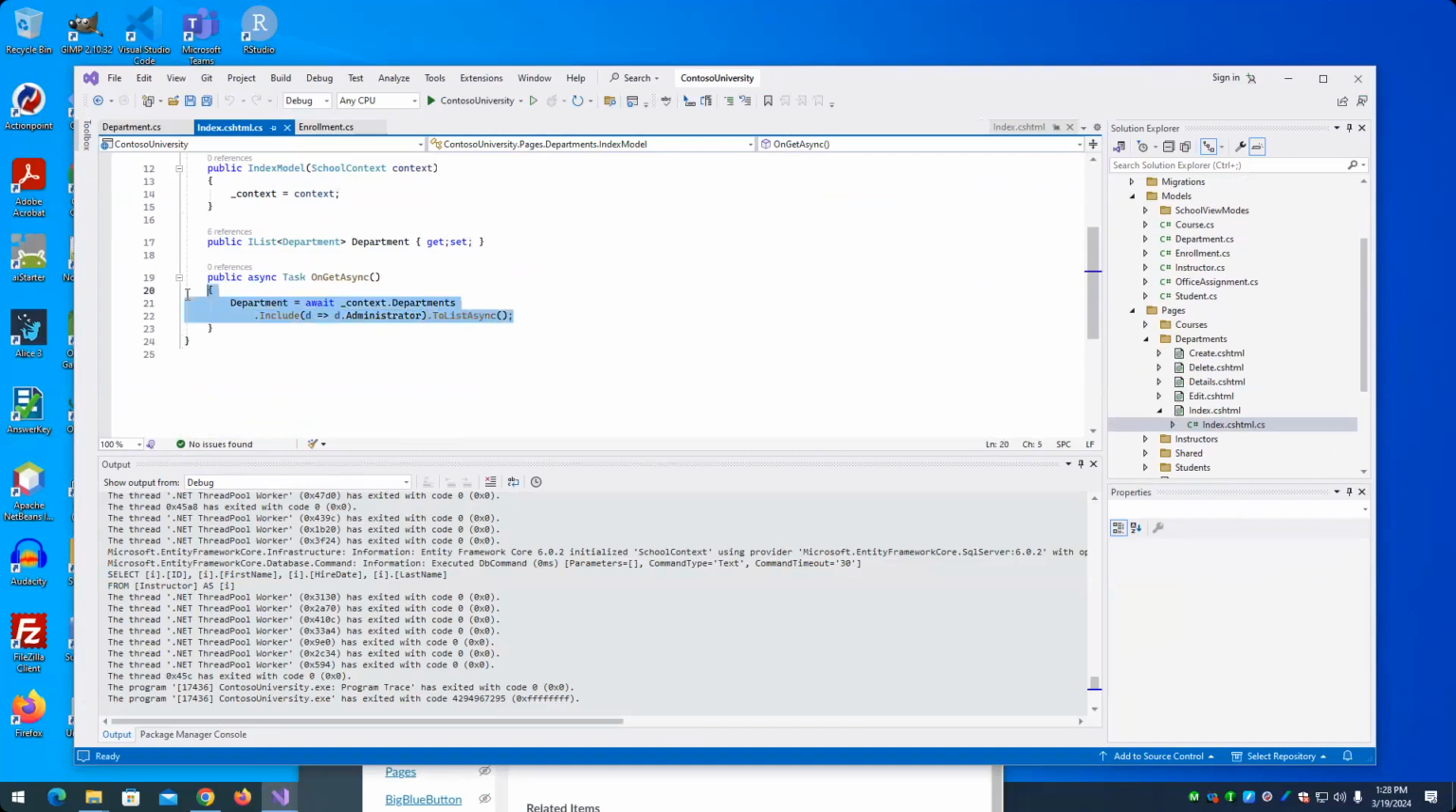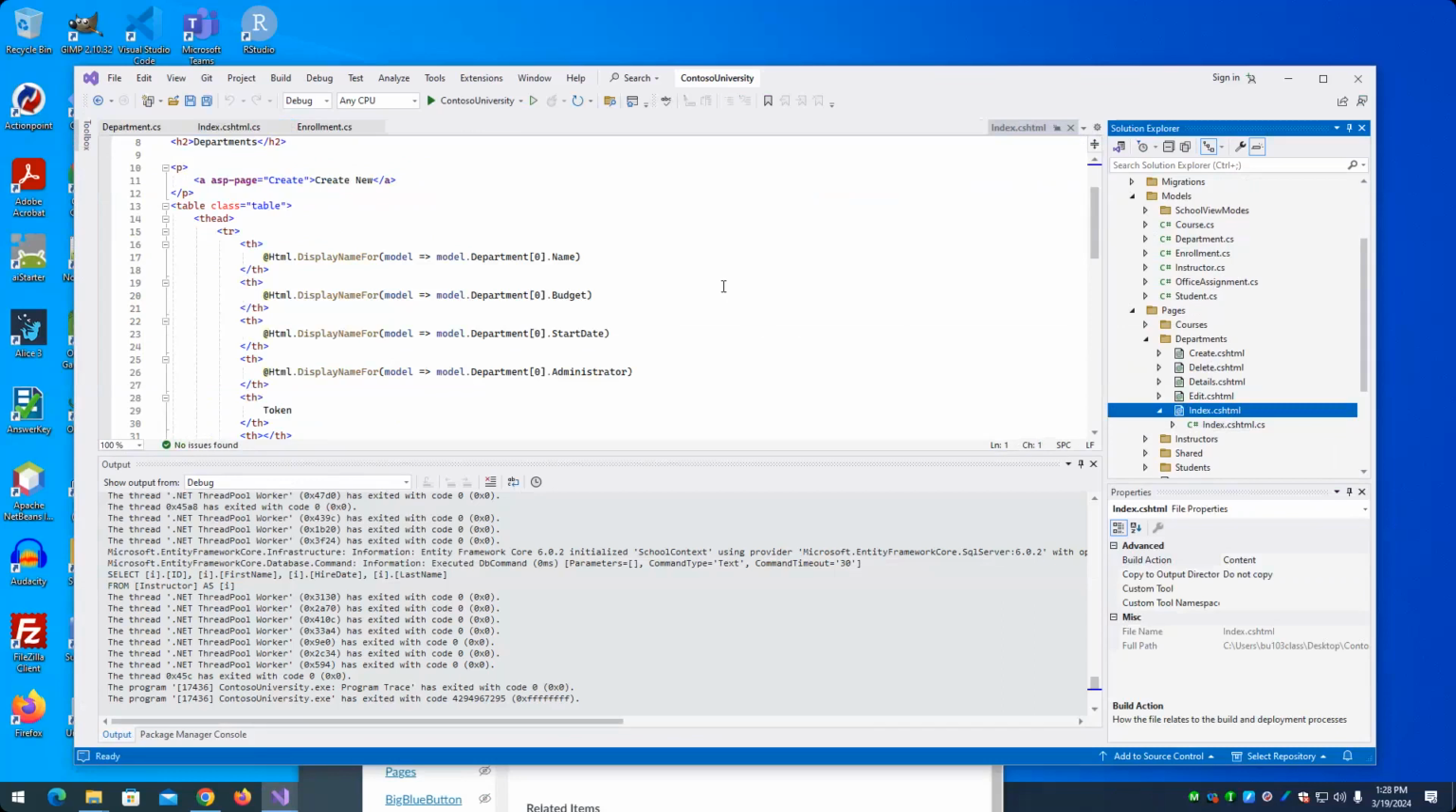So when you want to pull up something from a related entity, you need this include. And this says take the item from the list, and we want to include for that object, we want to fill in the administrator field. That's what this does. This effectively fills in the administrator data for that particular department or departments that we're retrieving. If we look at the display of it then,